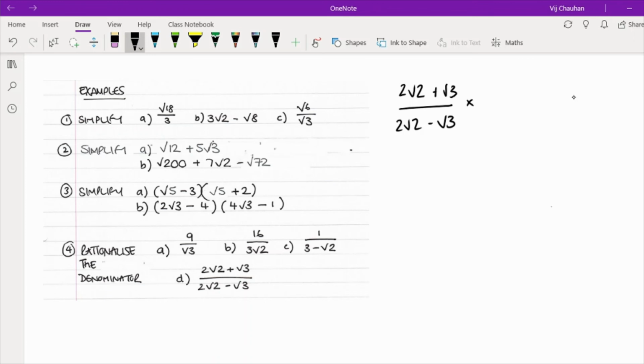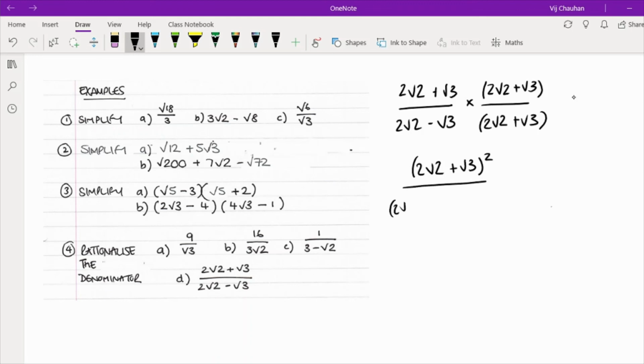Here we're going to multiply both the top and the bottom by the denominator, reversing the sign. So in this case it's going to be 2 root 2 plus root 3. One thing you should spot is that the two numerators are going to be the same, so I could write that as 2 root 2 plus root 3 squared all over 2 root 2 minus root 3